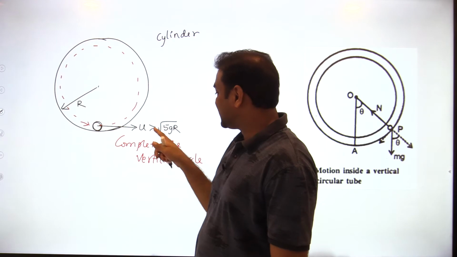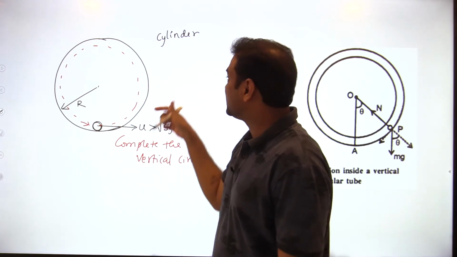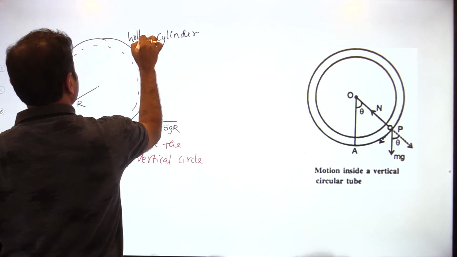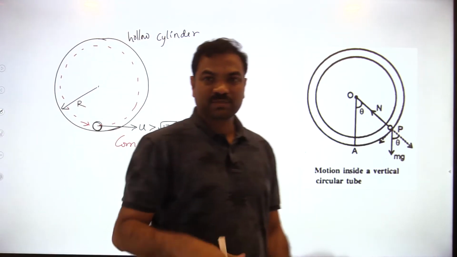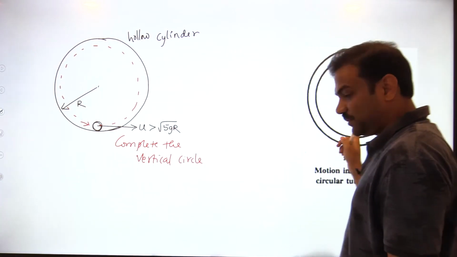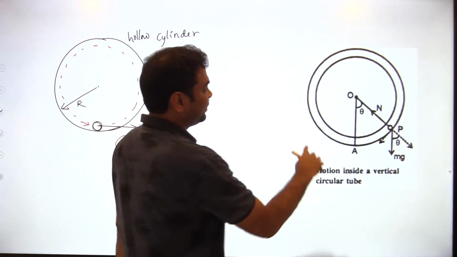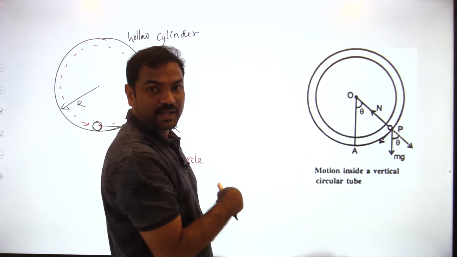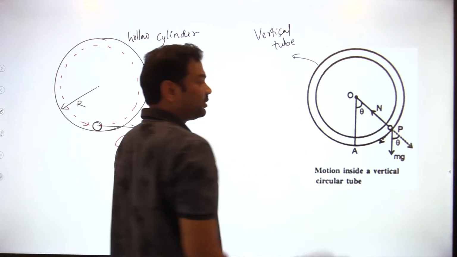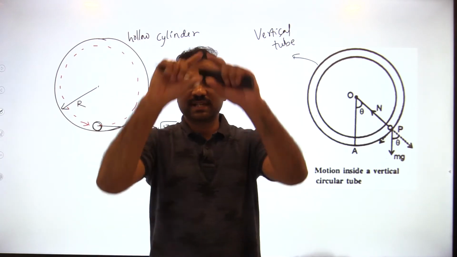It will fall down, that is inside the cylinder, inside the hollow cylinder. You can write down a hollow cylinder if you want. Inside the hollow cylinder, hollow sphere, vertical track, you can take anything, no problem. But here I am taking something completely different. Now whatever you can see on the right side, this is a vertical tube. You know what a tube is, right? I think you have seen cycle tubes.